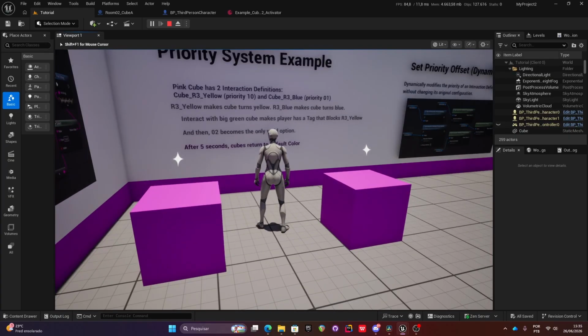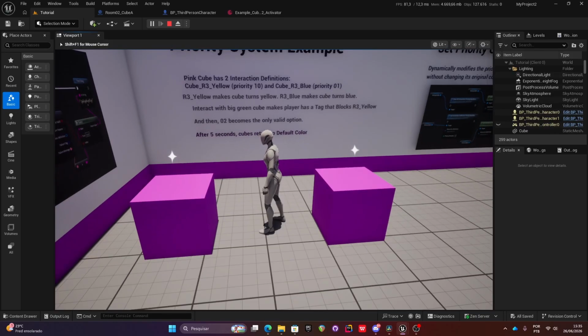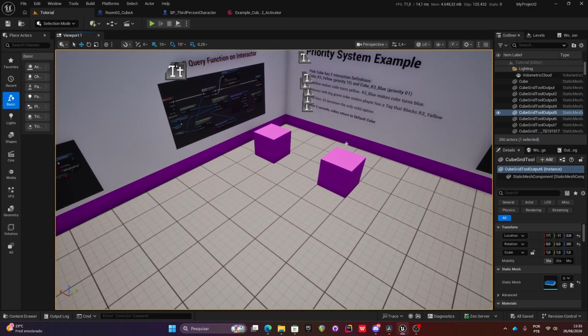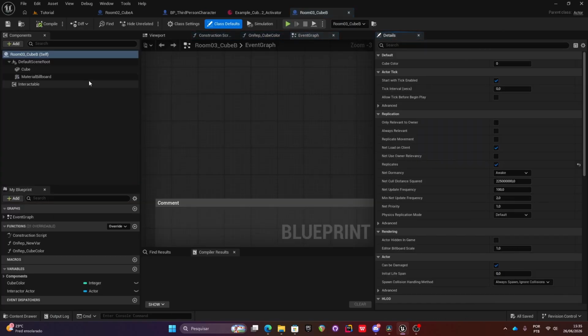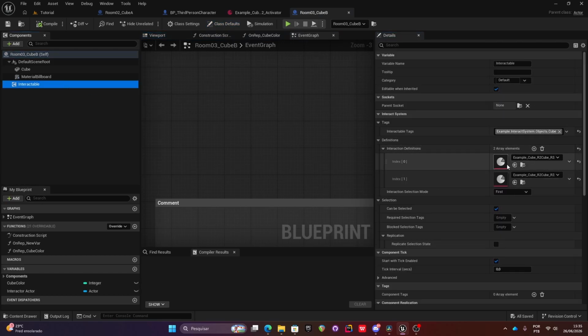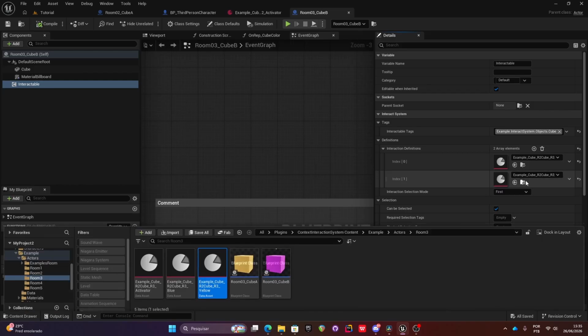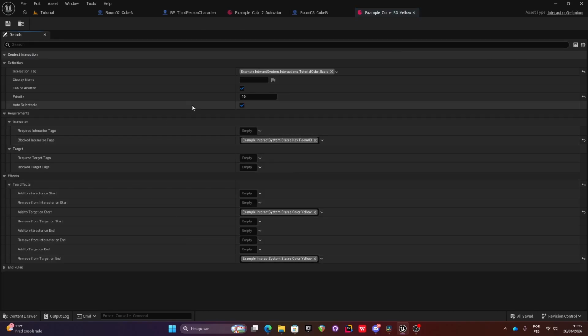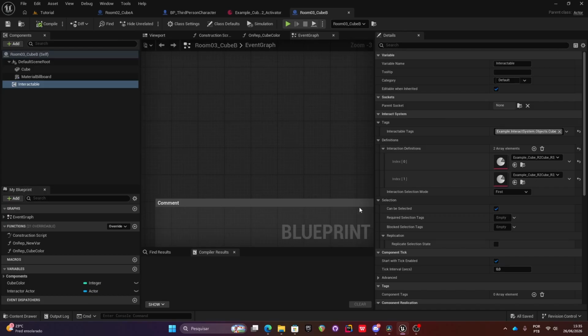Then we have another interaction definition, the cube blue, that turns the cube blue. So if you check here, we have the two definitions, right? One that turns the cube yellow, one that turns the cube blue. The cube yellow has 10 of priority, all right? And the cube blue has one